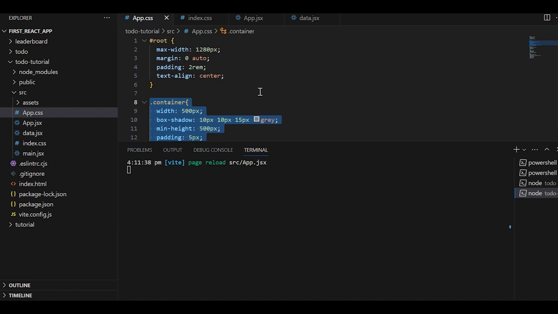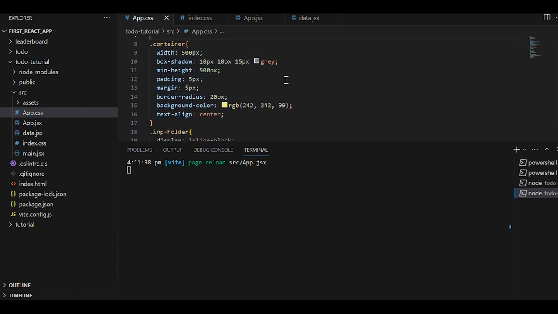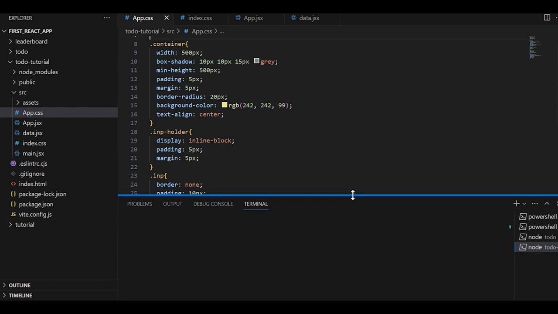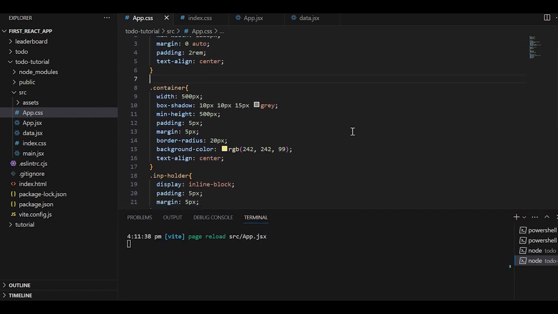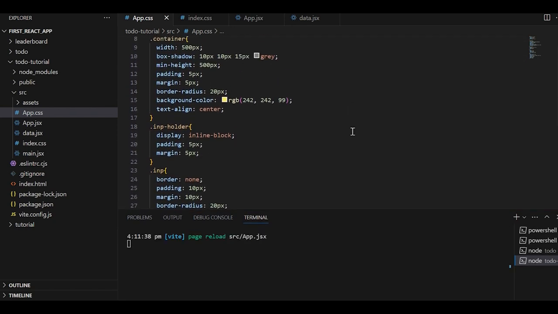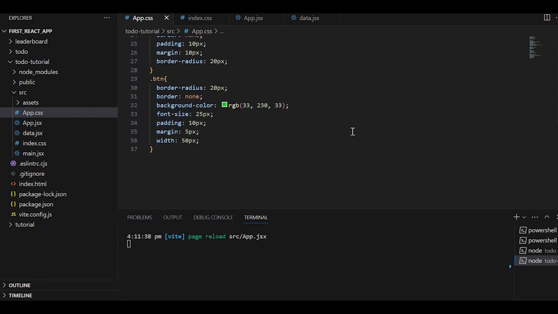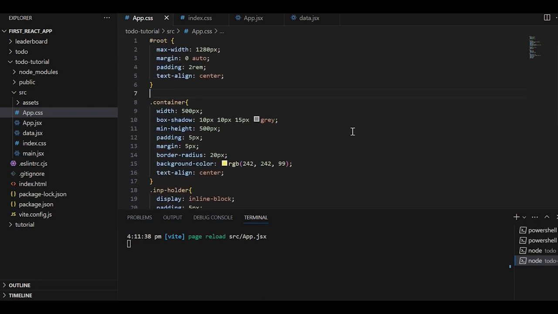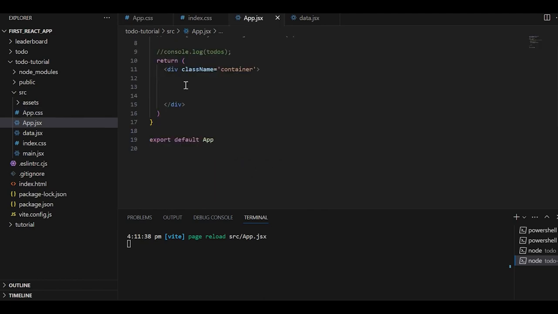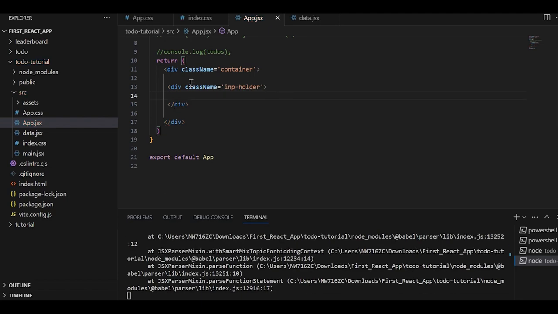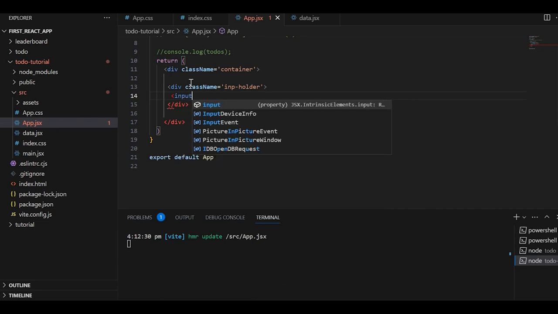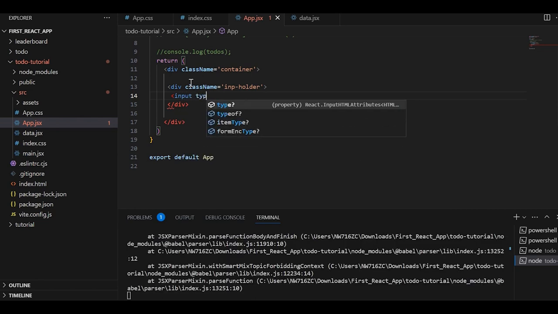If you want to check the CSS, you can pause the video and see this. This is the app.css. You can save this and use it in your project. So inside the container I will create one more div with the class name inp-holder, and inside this div we have an input tag with the type as text,